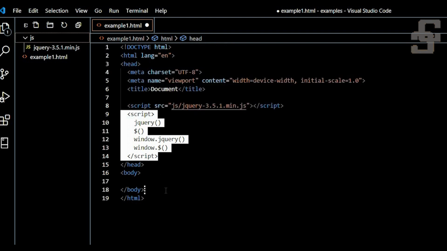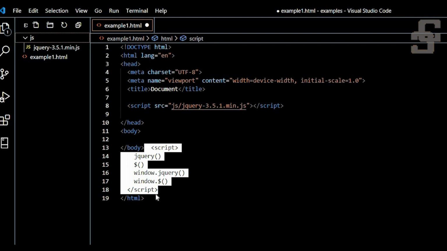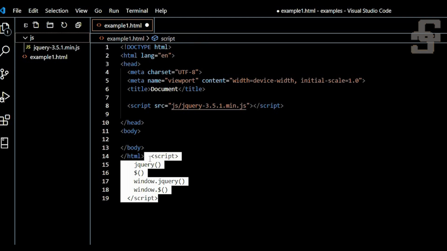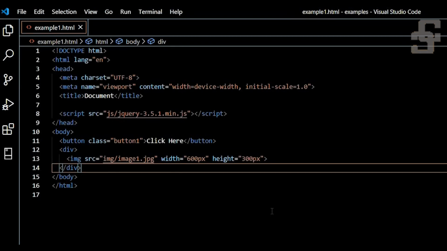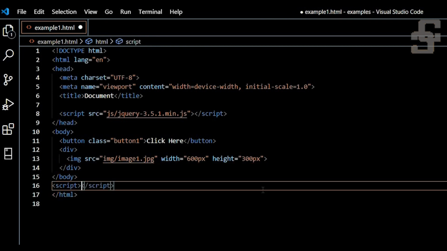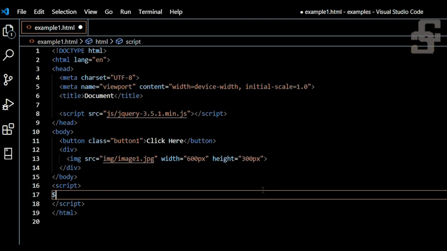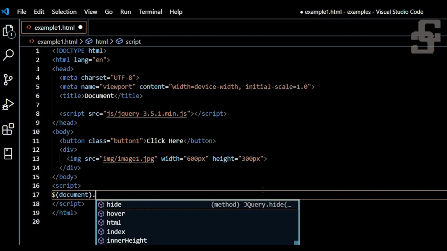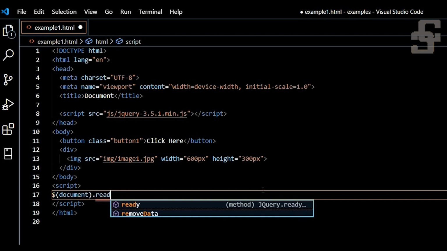So I am just using it at the end of the website. Let me see one example. So let me write a script. We can write like this: dollar, in brackets we write document, dot, ready.